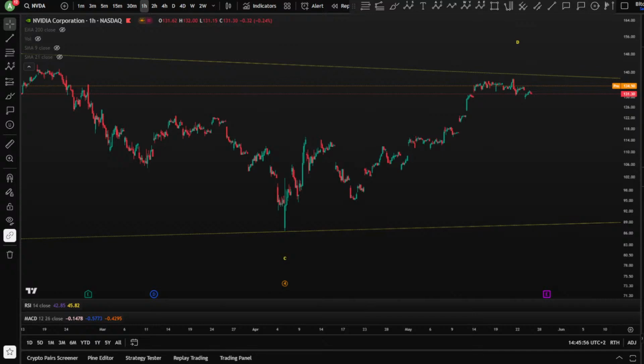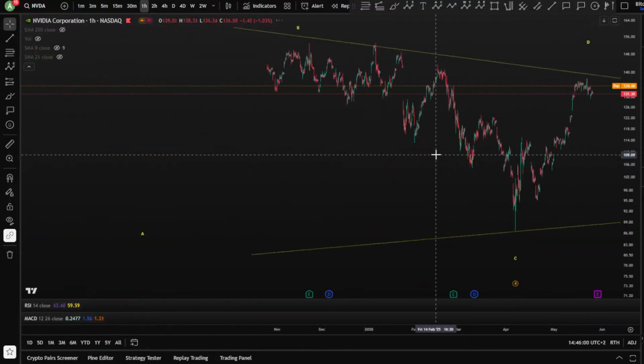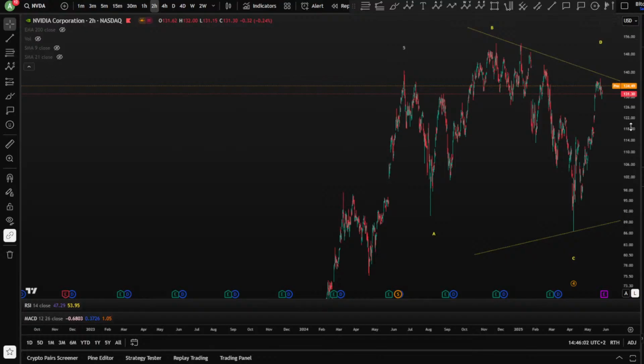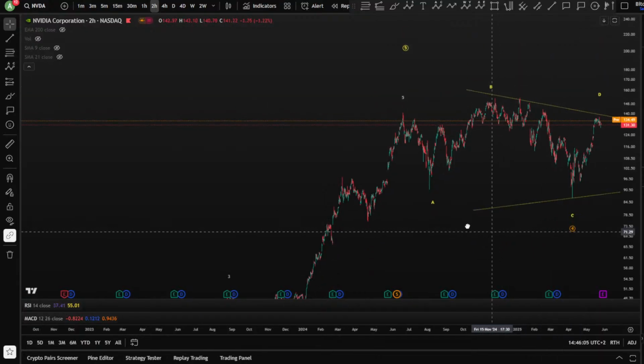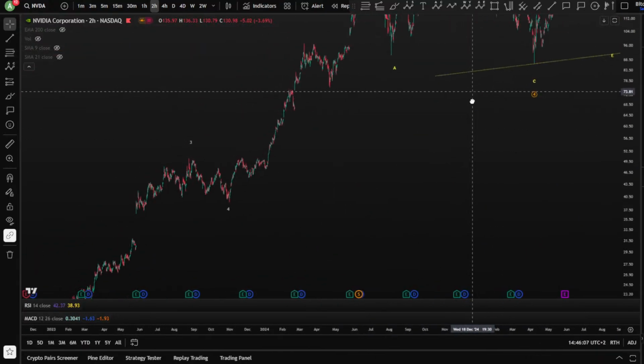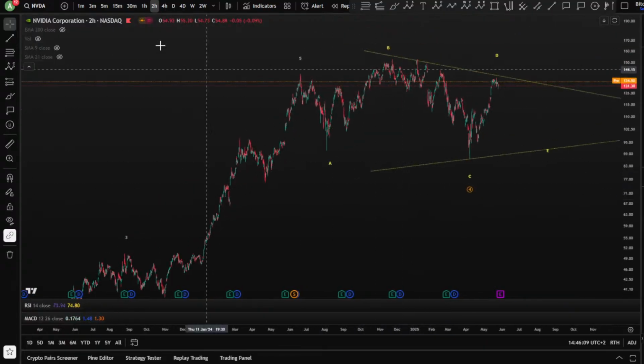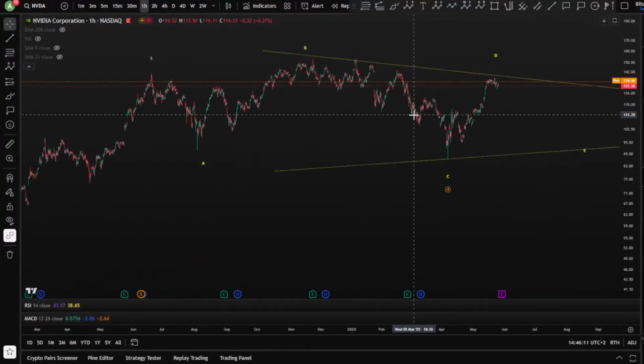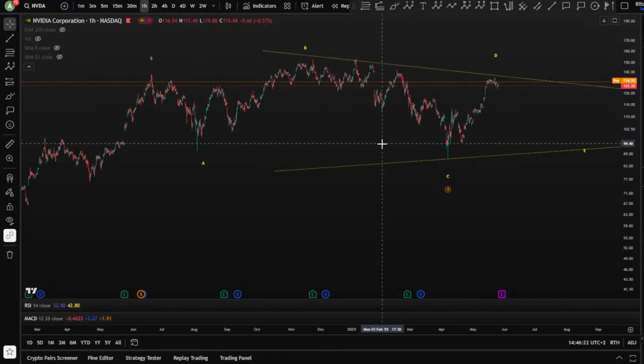The problem with your count, wave 2 of your leading diagonal is too small. Leading diagonal, which time frame do you mean? Leading diagonal, what time frame, Fabio? Time frame, my friend. Sometimes, man, you write comments like it's my first analysis, you know? Okay, I'm not going to waste time on this.